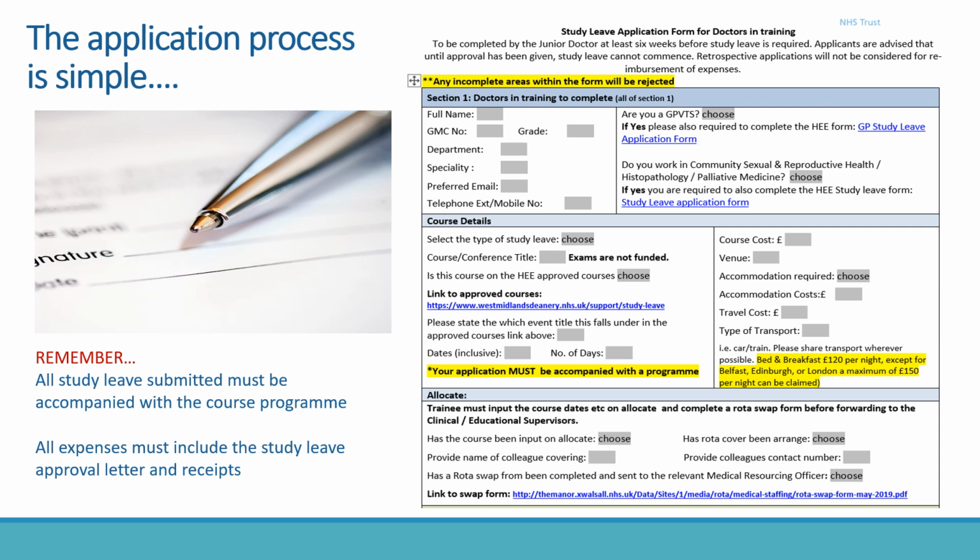Dates to and from, and then we add those dates to a spreadsheet so we know how many days you're having. All study leave should be taken pro rata, and it should be spread across the whole rotations, not just all in one. It wouldn't be allowed all in one. So if you're entitled to 15 days and you have 3 rotations, you should really have 5 thereabouts in each one. The course costs, the venue, accommodation if it's required, the costs for that,